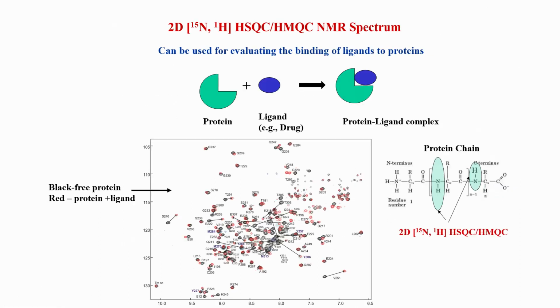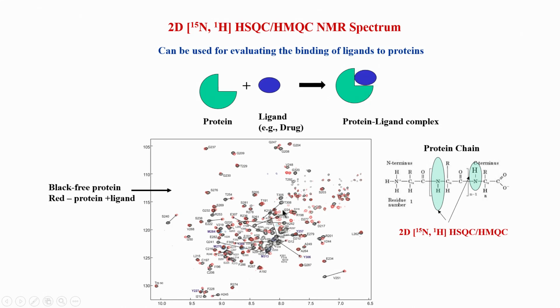A second use of this experiment is in ligand binding. Again we will cover this in the second half of the course, but right now I am just giving an example, trying to show the applications of these experiments. So, let us say I have a protein and some drug molecule or a ligand to which the protein binds. Now, this is the binding. So, how do I detect that there is a binding? By non-NMR techniques there are a variety of methods. We can use ITC, isothermal titration calorimetry, or SPR and so on.